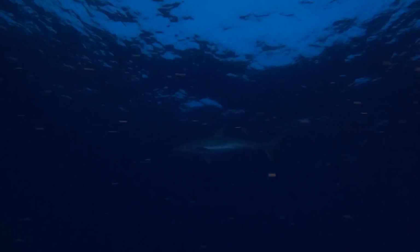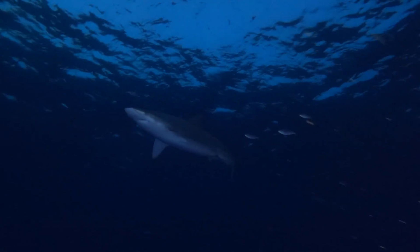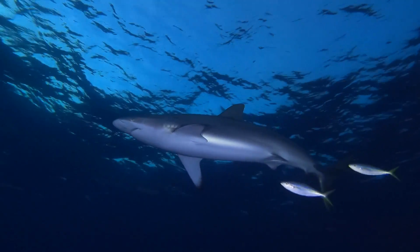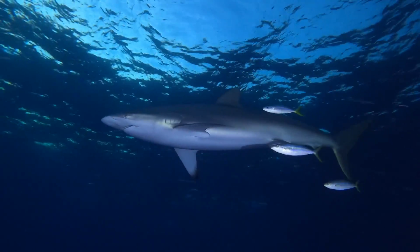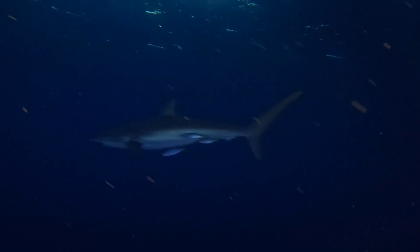And the next shark to show up is this beautiful silky shark. Now, silkies are one of my personal favorites. I absolutely love them. This one was only with us for a few minutes, but came in for a nice close flyby. I used a little bit of slow motion on this one to show how gorgeous that shark is. But this one just came by for one pass, and then it was gone. As you can see, we still have a decent amount of light, but that does not last long,